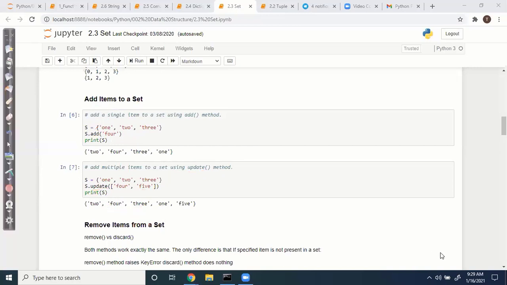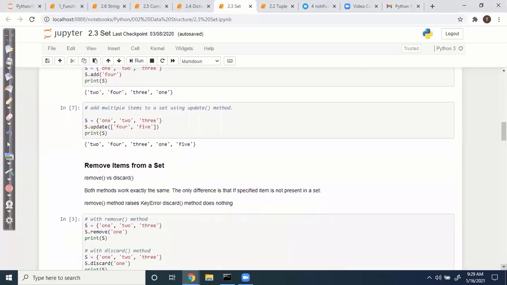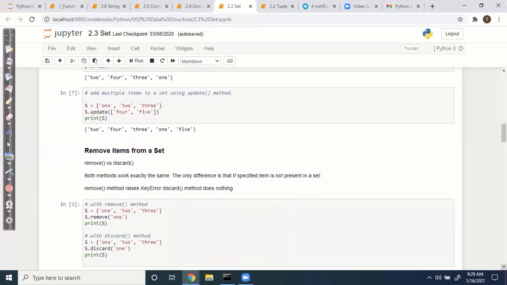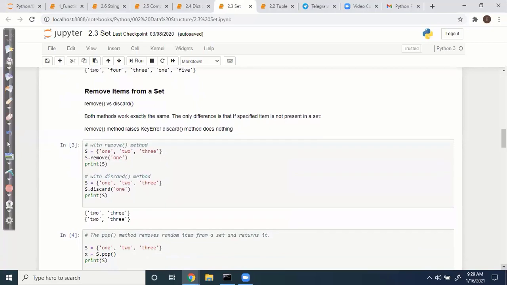So how to remove items from the set? Compared to other things, here it doesn't have any index. So without an index, you should use the item value. Based on that, you can remove. How to remove items?